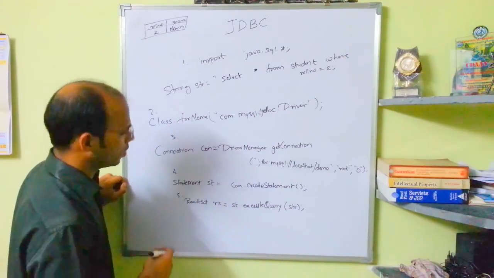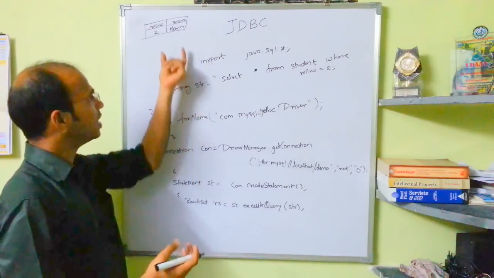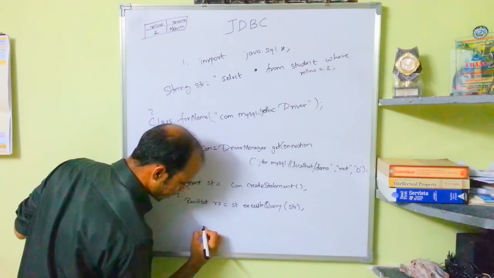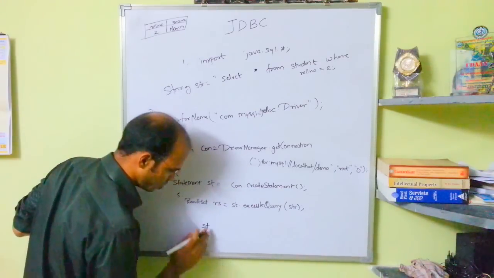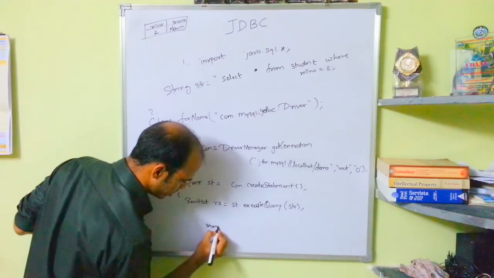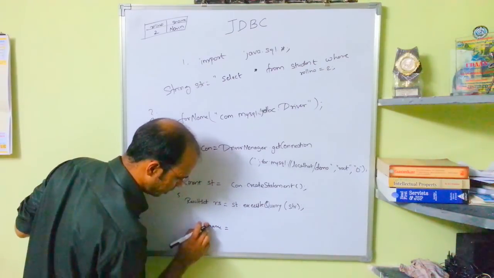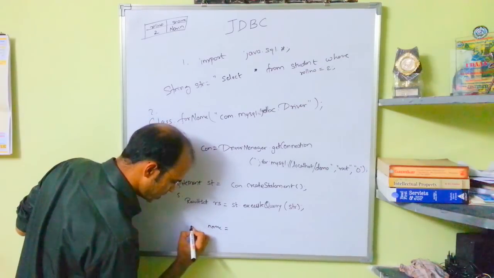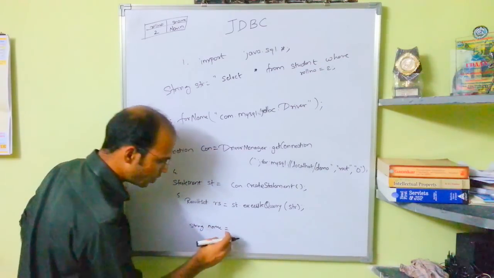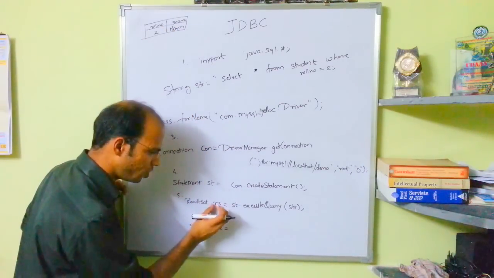Now, if you execute this, I want this name out, so I require a variable. Let's suppose we have s name. I created a variable called s name, or you can say directly name. In this string variable, I want to get this name Navin. The question is from where? I will get it from rs.